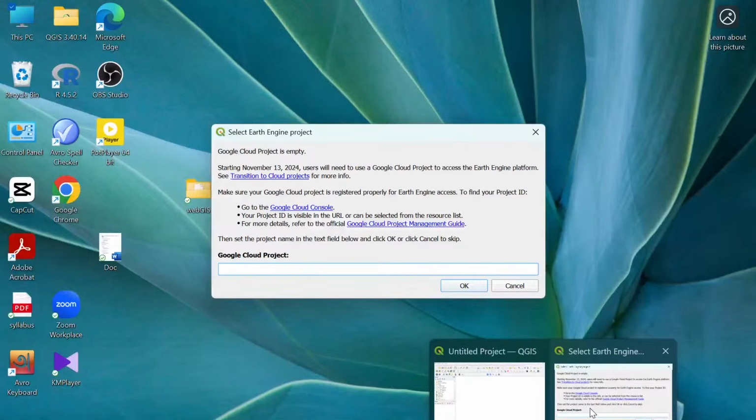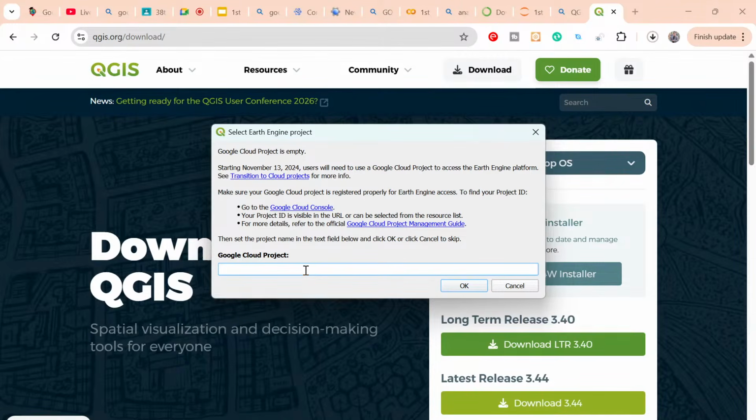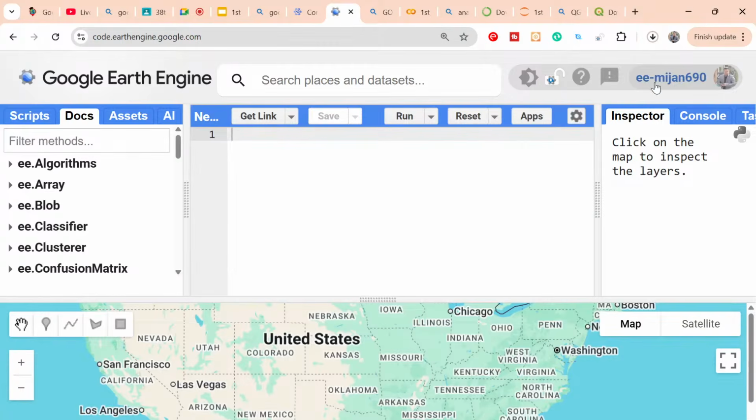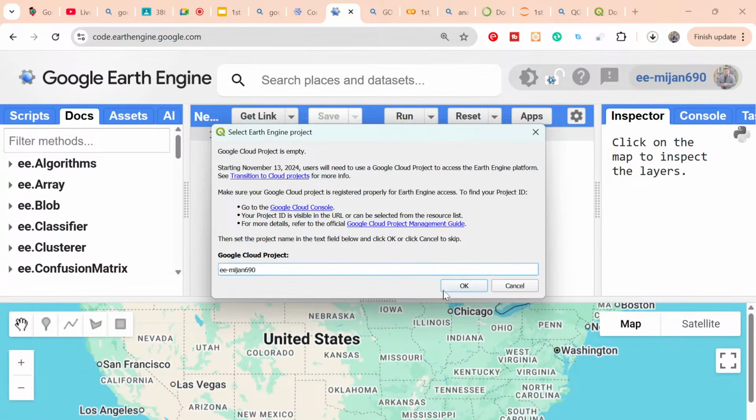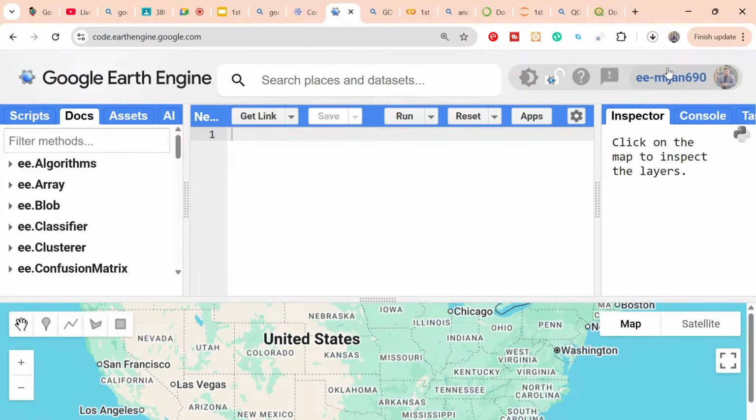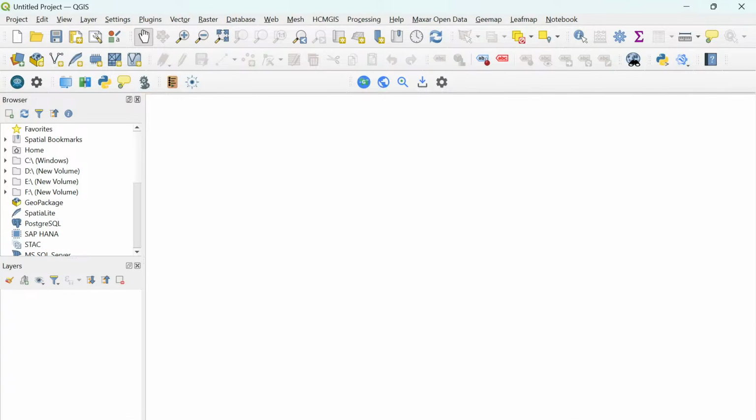I simply mention my project name, the cloud project name. It's an Earth Engine project, mainly EE Mijan 690. So you can simply check your project name from here. And then further simply click right here and then OK. So then we can successfully work with QGIS and Google